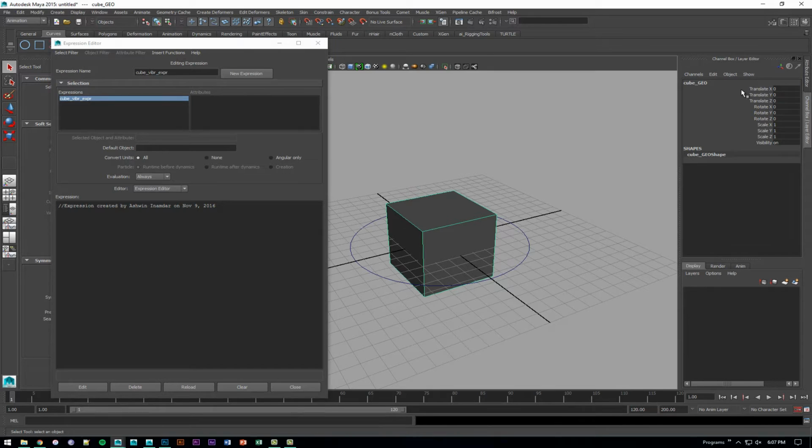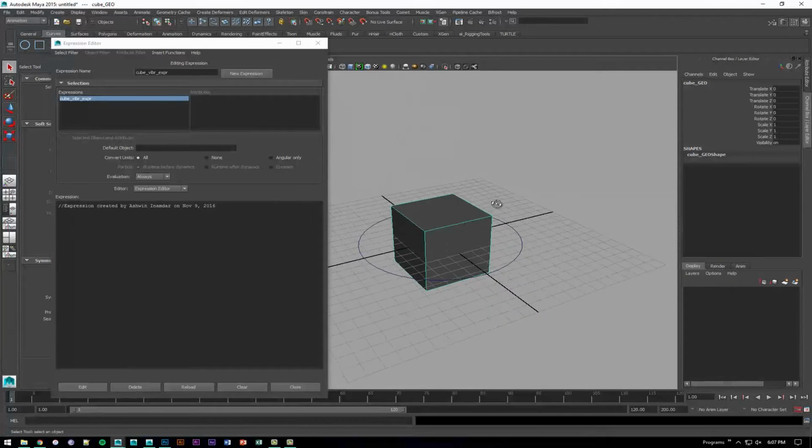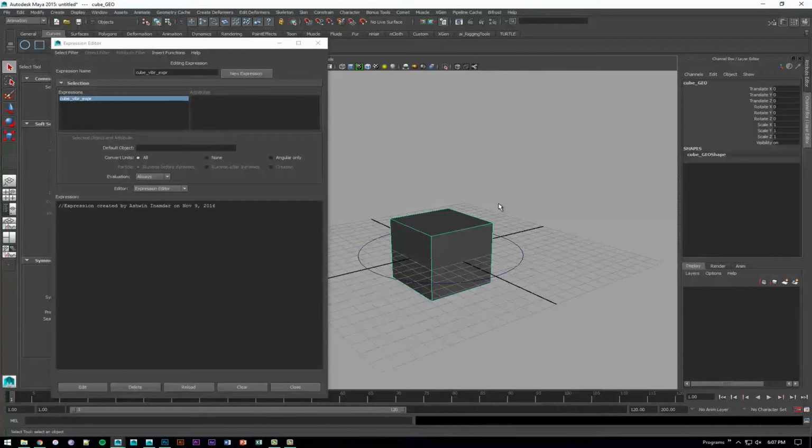I want to make sure that the translate y of my cube_geo is set to 5, and 5 is just an example. I want to make sure that I do that using an expression. So I'm going to write cube_geo, because _geo needs to be in caps, dot translate y equals 5, semicolon to end the expression. I hope you guys are able to read this. It says translate y of cube_geo, and you write that by saying cube_geo.translateY = 5;